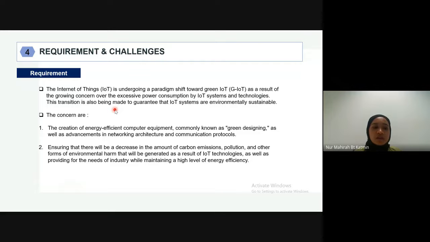Okay, the next concern is that we need to ensure there will be a decrease in the amounts of carbon emission, pollution, and other forms of environmental harm that will be generated as a result of IoT technologies, as well as providing for the needs of industry while maintaining a high level of energy efficiency. Okay, that's for the requirement. The next slide is